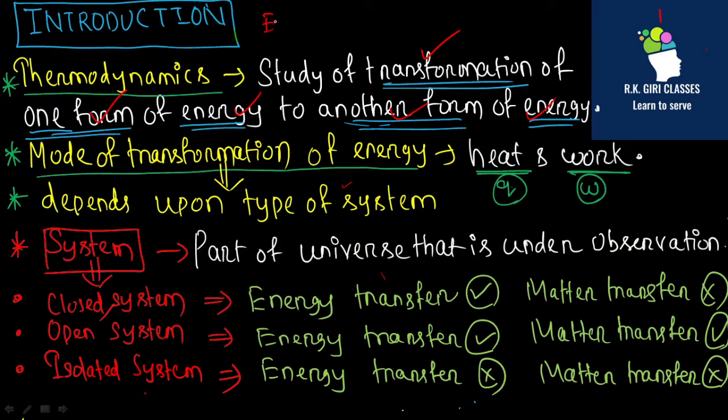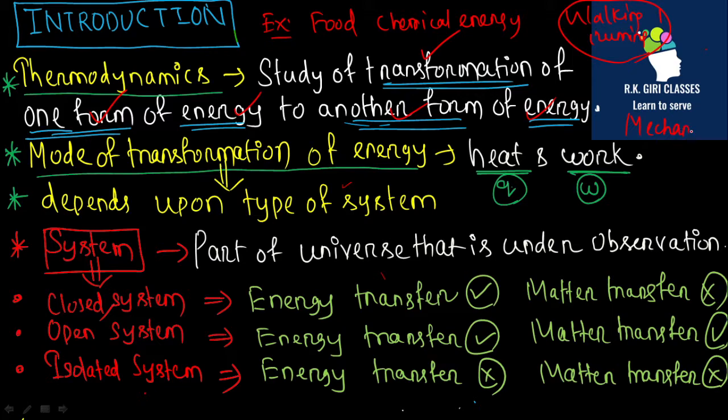For example, suppose you intake your food, that means you are consuming chemical energy there. Because of that chemical energy you are walking, and suppose you are running, that means your chemical energy is converted into mechanical energy, right? Now the question is, what is the mode of this transformation of energy from one form to another? That mode of transformation is via heat and work, and this heat and work depend upon the type of